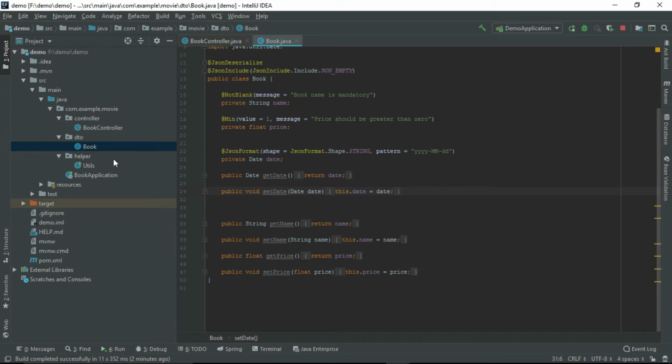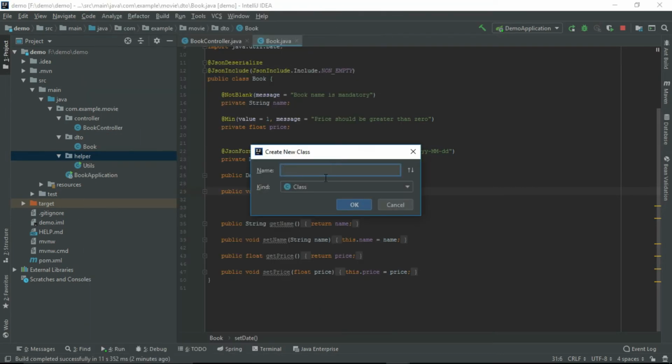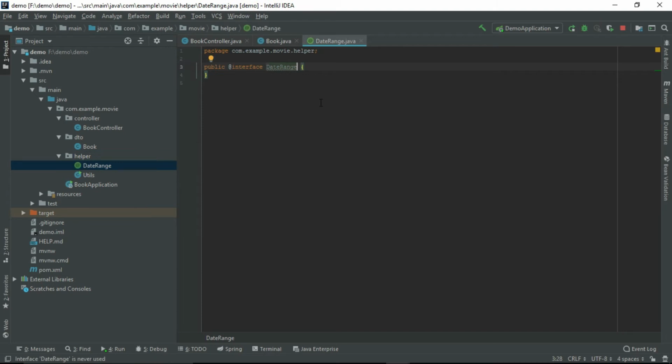Okay, I'm creating a custom annotation. In an annotation, a few things are mandatory and common. We can just copy from the other annotation as well. I will explain what it means.